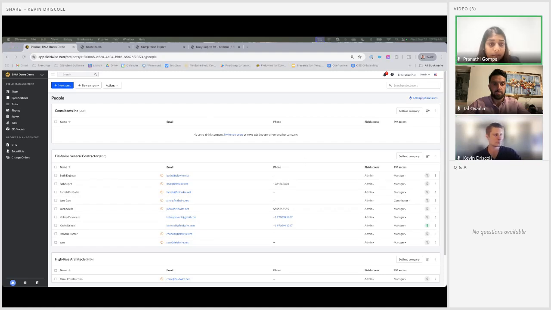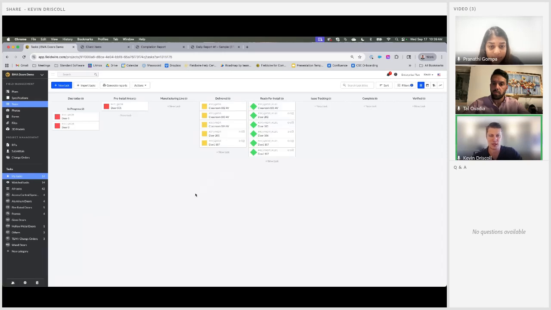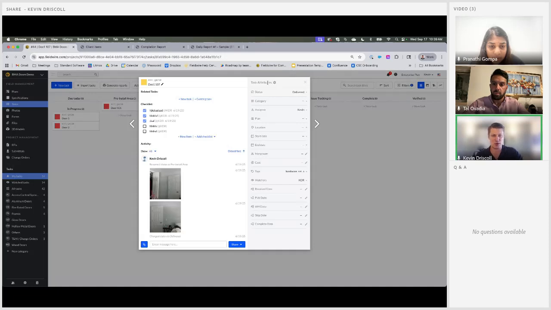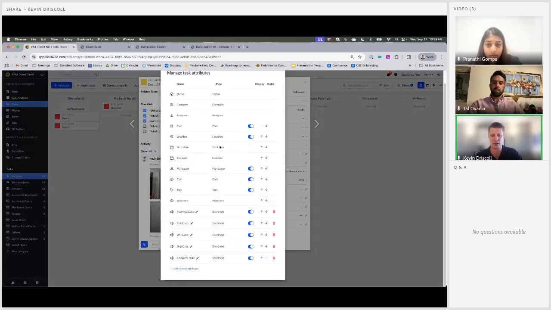The next question here is, how do I customize a task attribute? Yeah, excellent question. So within those task attributes, in my opinion, the easiest way to get to that is to just hover over where it says task attributes. And if you're an admin level permission and on the business tier or above, you'll have access to adjust these task attributes. So click that gear icon, and then immediately you have access to that panel